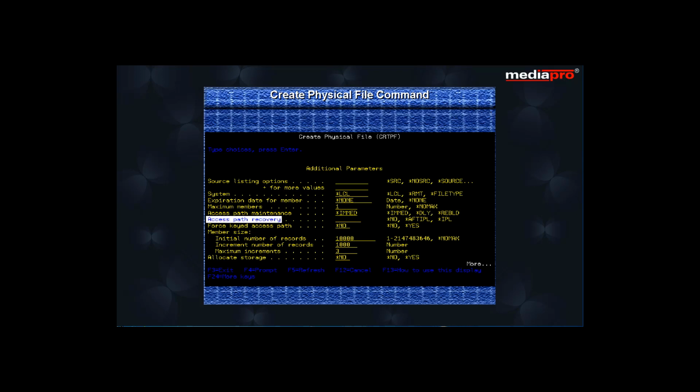The recover parameter can be used to specify when recovery should be done in case a system failure occurs while the access path is being changed. This parameter is valid only for files having immediate or delayed maintenance. This parameter can have one of the following values: